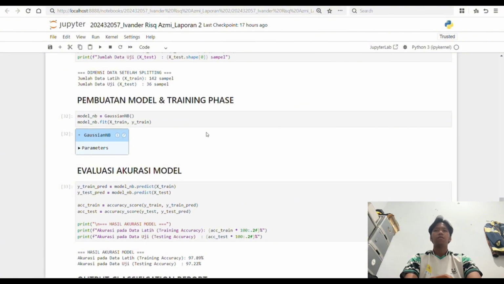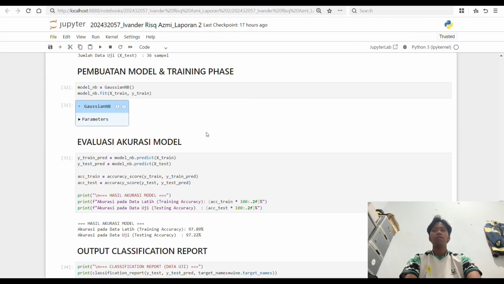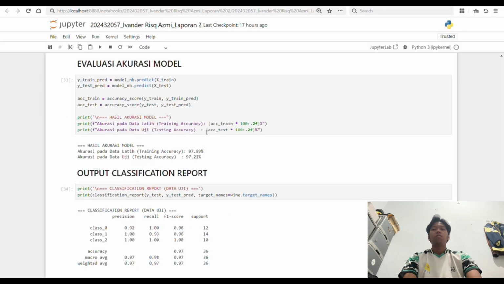Next, step 6 and 7. Now, let's break down the evaluation result in step 6, which is model accuracy evaluation. I instructed the model to make predictions using the predict function on both subsets of data. The accuracy scores are phenomenal.